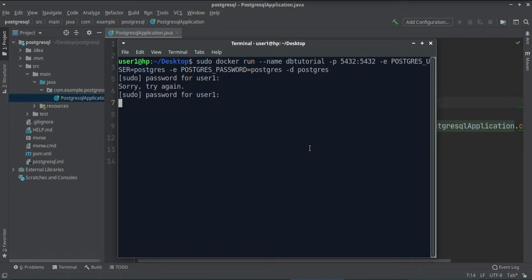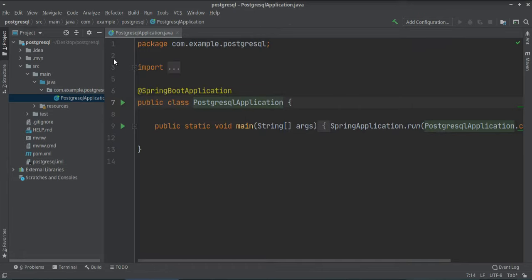And I guess it's fine. So now it's going to create the DB. And there we go. So now our DB is running in the background, and we can use the DB with these credentials here. Okay. Now, since we have the database ready, now we can move into the Spring application and we can connect